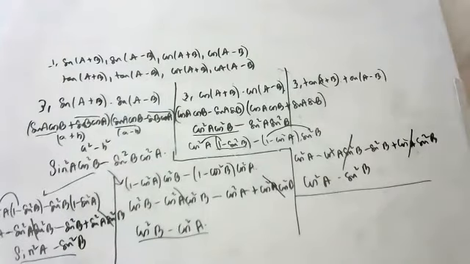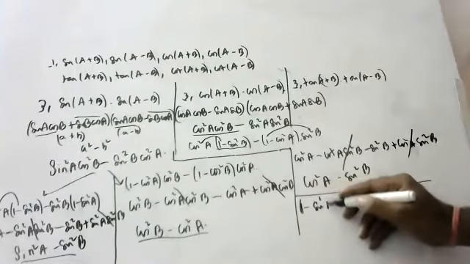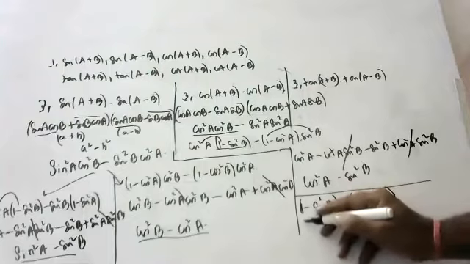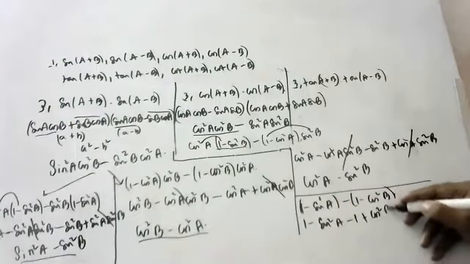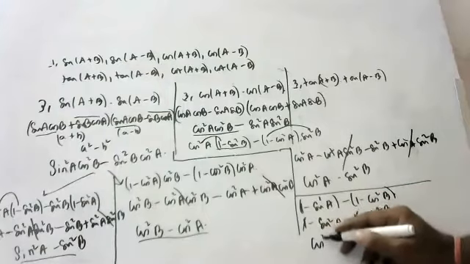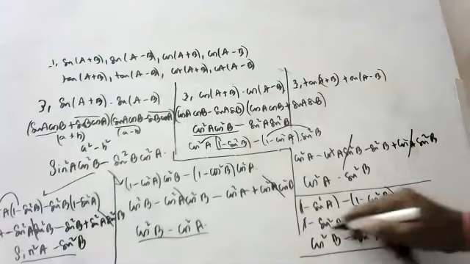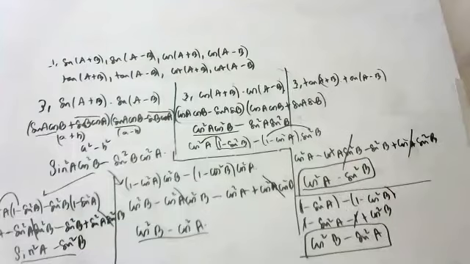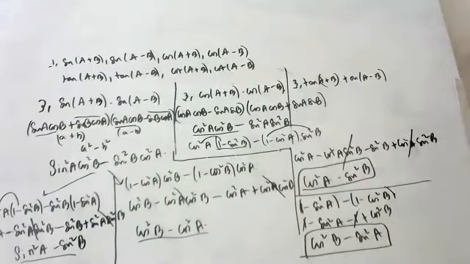Okay. No, sir, I didn't like this formula. Means cos square A I can write as 1 minus sin square A, sin square B I can write as 1 minus cos square B. Okay, 1 minus sin square A minus 1 plus cos square B, so cos square B minus sin square A also we can write. These are the final formulas. Like this you should get, children. So either you can write cos square A minus sin square B or cos square B minus sin square A. What is that? cos(A plus B) into cos(A minus B).